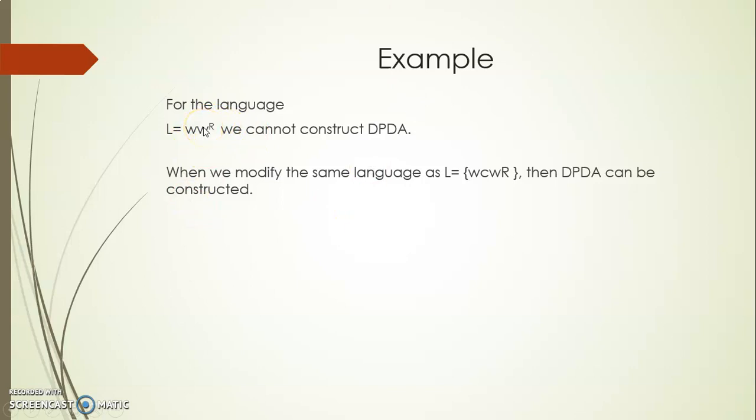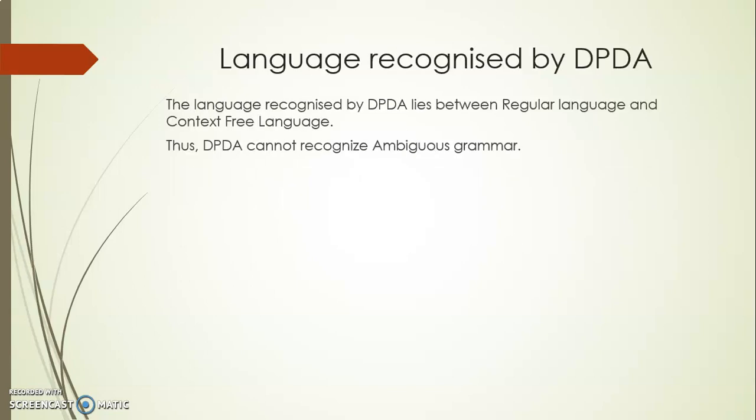for this language. So to avoid that confusion, let me introduce a separator between W and W bar R. So automatically now I am able to differentiate between W and W bar R. There is no confusion for me, and there is no problem in constructing the push-down automaton. This is just a simple example to show where the non-determinism comes from and how we eliminate it. But it is not possible for all languages or all grammars. I can construct a non-deterministic push-down automaton, but a deterministic push-down automaton is not possible, right?